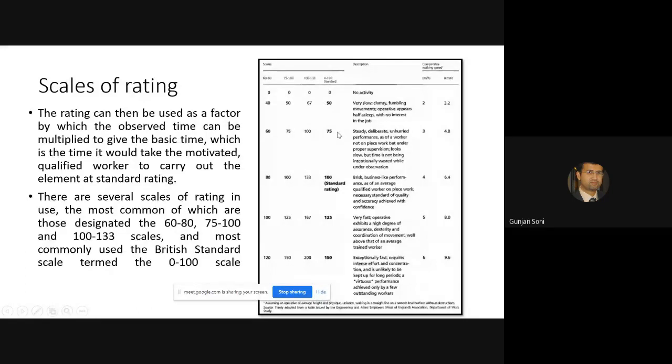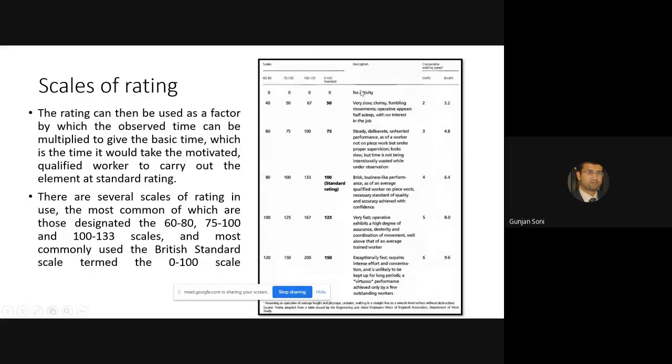Now we can see 60 to 80, 75 to 100, 100 to 133, and 0 to 100 is the commonly used British standard scale. A description of the activities, a table like this, should be in front of the person who is giving the rating to the workers.